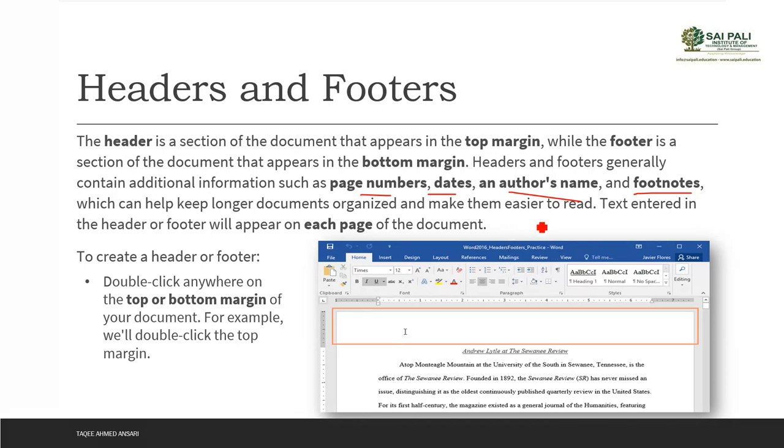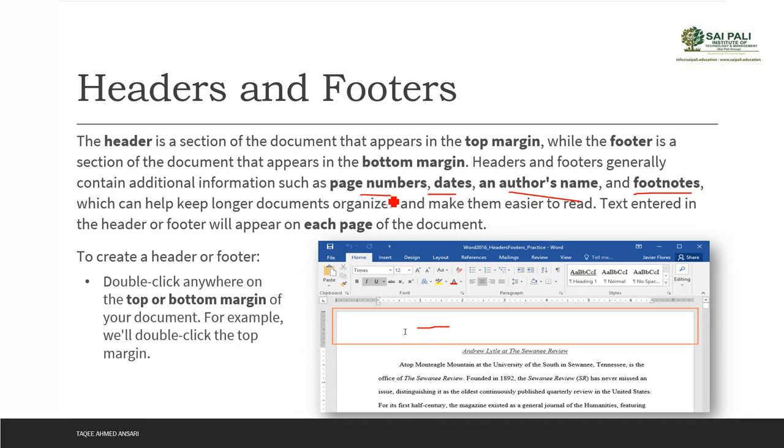Whatever text or information we add in the header or the footer will appear on each page in your document. If you have 10 pages, it will appear on each page of that document, whether you are adding dates, author names, page number, or any other information.